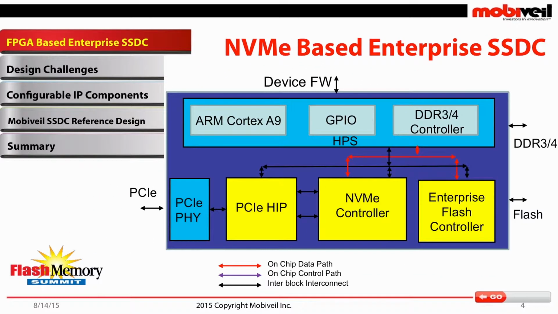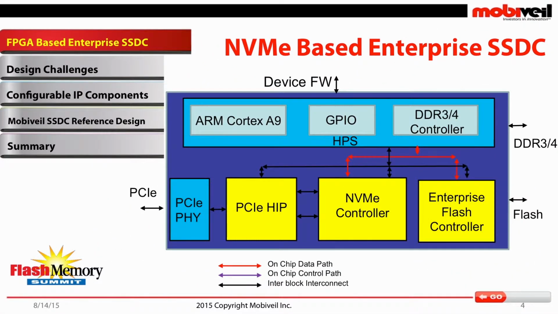That's how the block diagram of the reference design looks. You have a PCI interface. It's NVMe based. You're going to be talking to the host over a PCI Express interface. Then you have the NVMe controller, which is managing all the NVMe-specific functionality, doing the data transfer, managing the PRP, SGL and queue management. And then the heart of the design is the enterprise flash controller. That's the block where a lot of flash-specific complexities come into the picture. It's going to be interfacing to the physical flash.